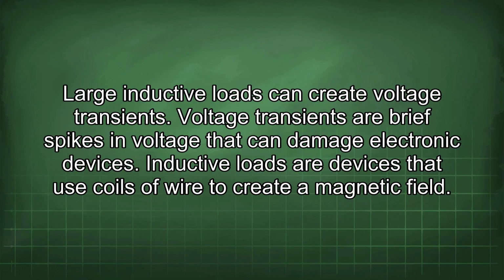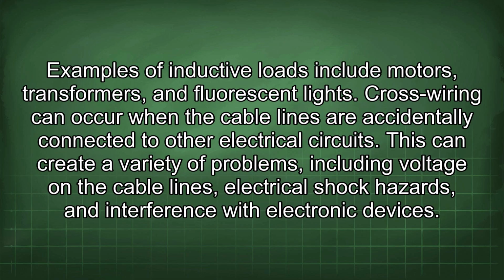Inductive loads are devices that use coils of wire to create a magnetic field. Examples of inductive loads include motors, transformers, and fluorescent lights. Cross-wiring can occur when the cable lines are accidentally connected to other electrical circuits. This can create a variety of problems, including voltage on the cable lines, electrical shock hazards, and interference with electronic